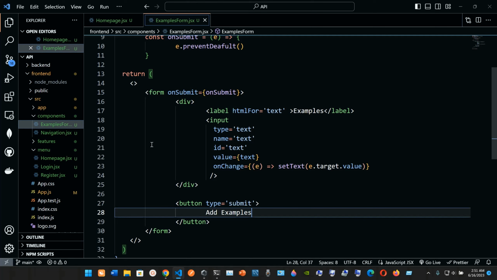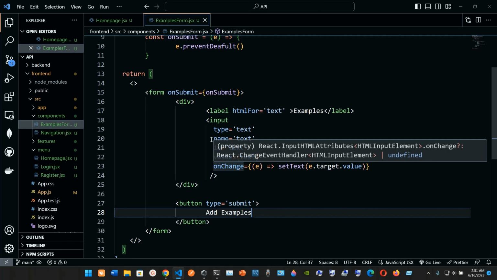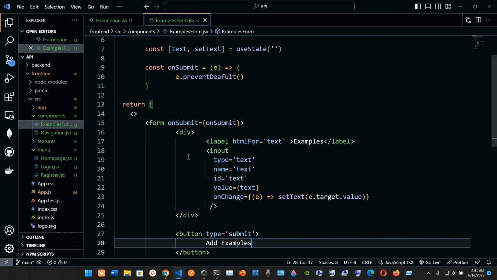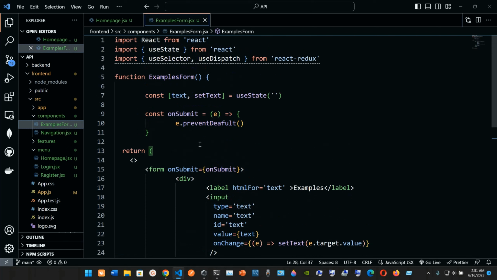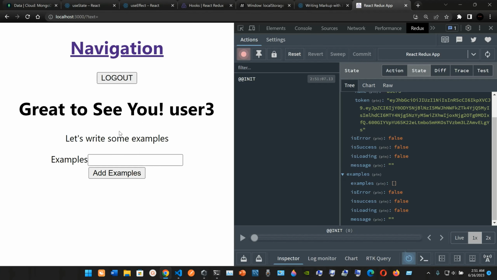We have the useSelector, useDispatch. The type is gonna be submit, we have this form and it has onSubmit. We have created the function here. Yeah, we have that up to this point, and we are able to see this because we are